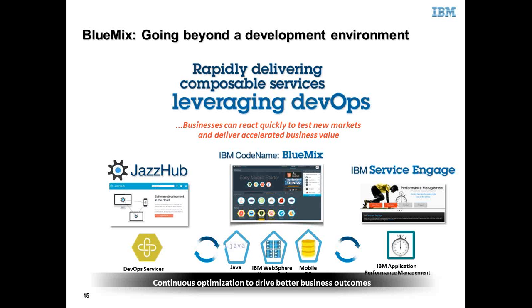And the Jazz Hub is closely linked to the BlueMix environment. So when you need to write code linking to the existing services or build new services in whatever language you want, you can very well leverage the Jazz Hub to write them right in the cloud and then propagate that onto your cloud catalog, which is the IBM Cloud Marketplace, and then run it right in the IBM BlueMix environment in the production.